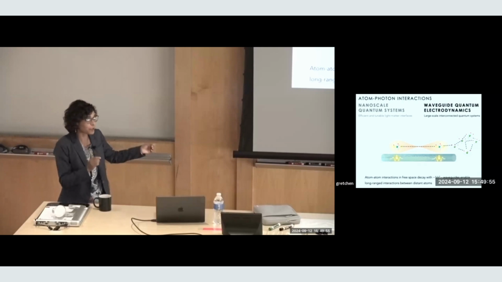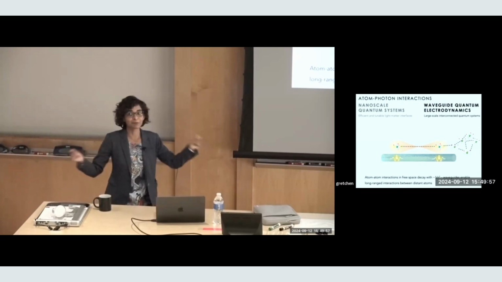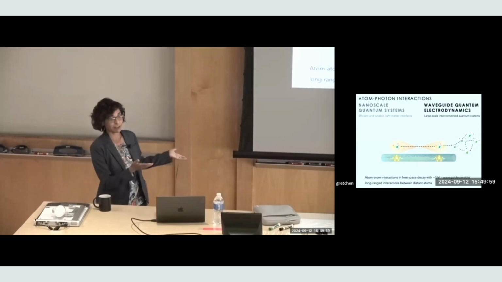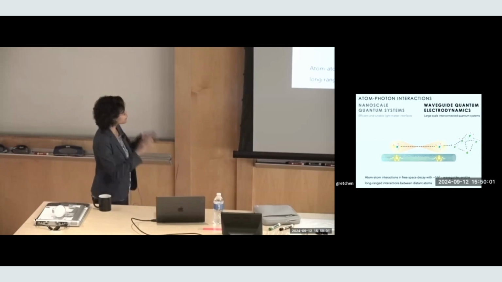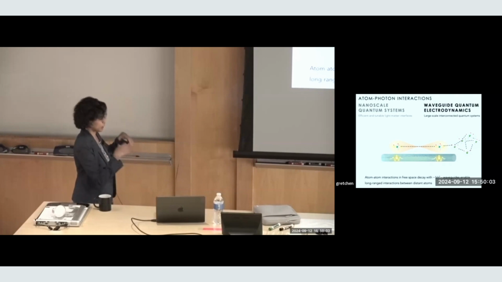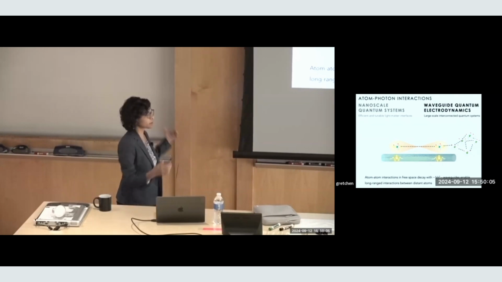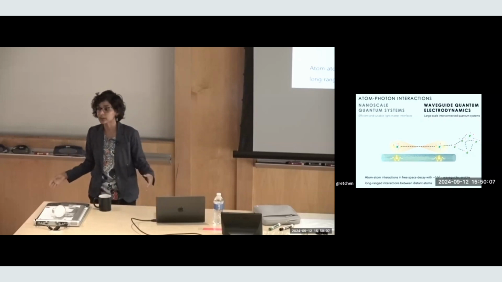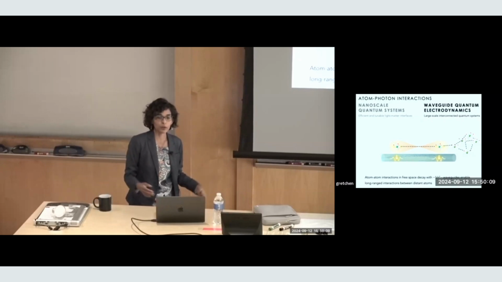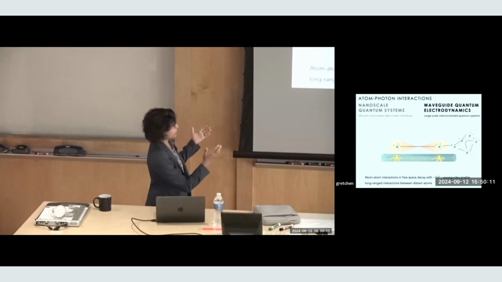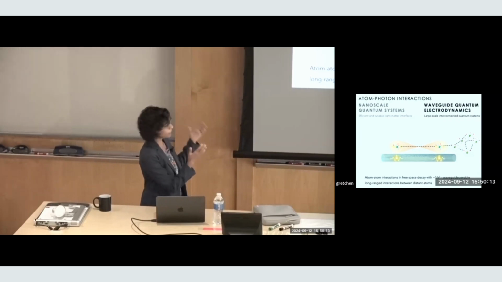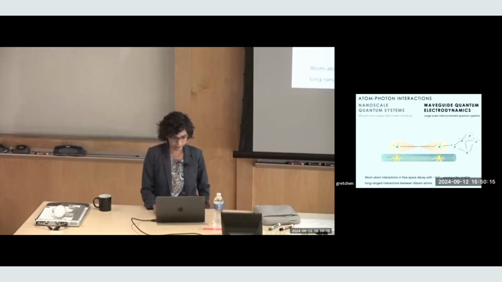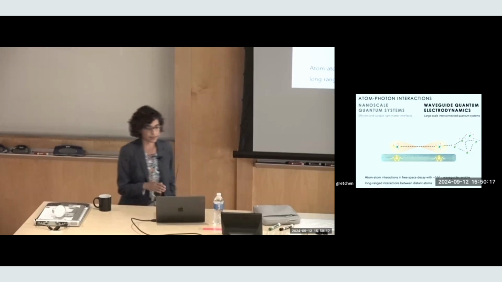So you can't go very far, and you need something like a telephone line, which is what waveguides provide us. So in order to be able to connect distant quantum systems, build your large-scale quantum networks, and so on, we need waveguide coupled atoms. All right,